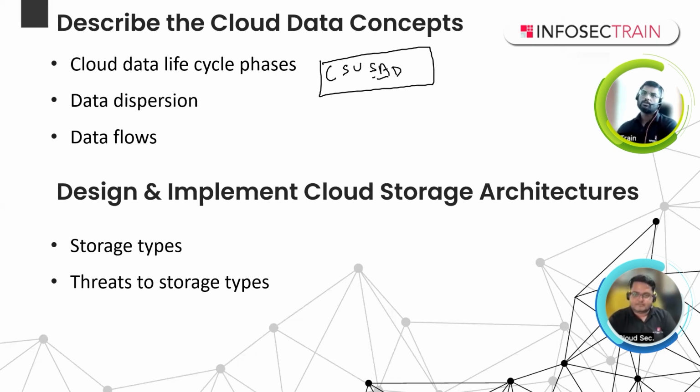My suggestion for all aspirants is that, especially for volume storage and object storage, you need to know the use case of each. For example, object storage is basically used for read-only, where you create a file, upload it, and access it as a URL from anywhere. But volume storage can be used for read and write purposes. One thing I missed in data dispersion, please note down, this is an exam pointer: from a data dispersion point of view, the biggest concern is latency, because you're retrieving the content from multiple locations.